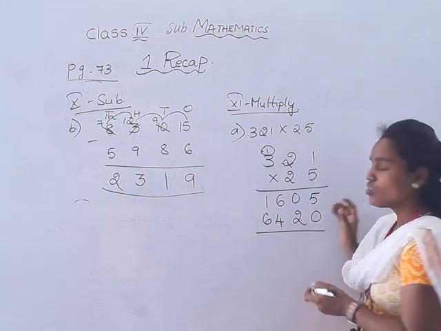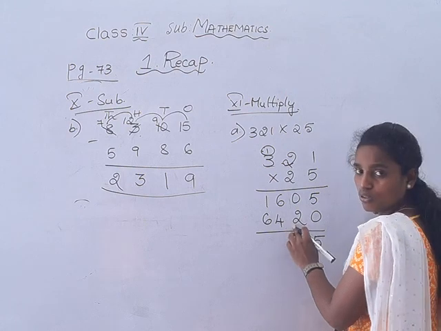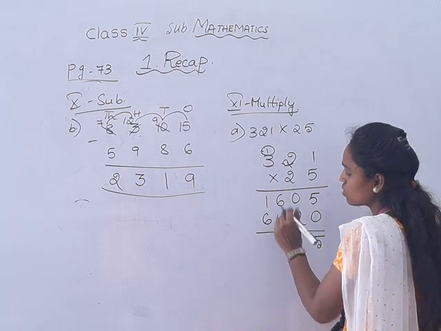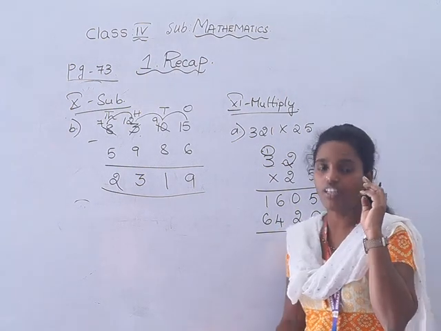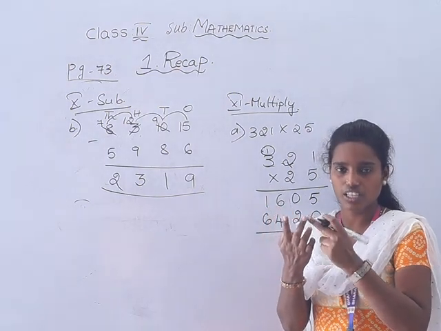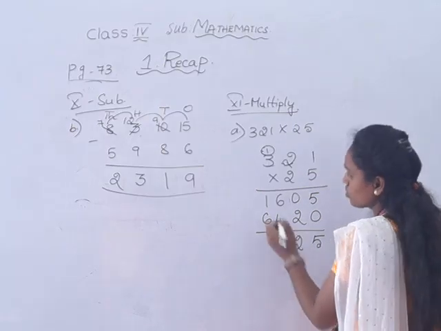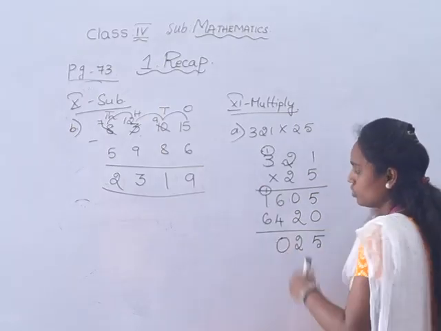Anything we can keep. So 5 plus 0 is 5. 0 plus 2 is 2. What is 6 plus 4 children? 6 in the mind, 4 in the hand. 6 after 7, 8, 9, 10. So 10. Similarly as I told, keep 0 here and 1 as carry to the next number.